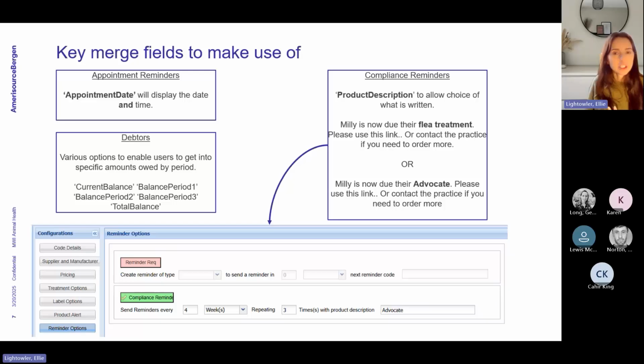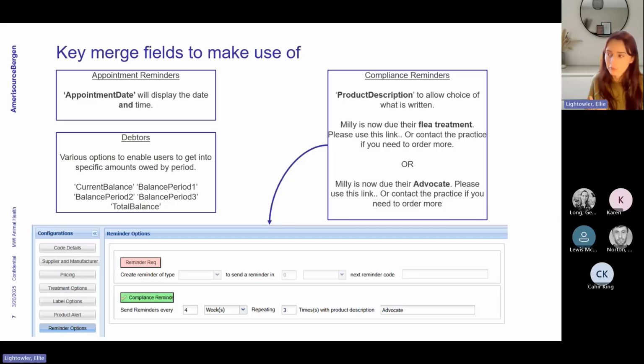codes. If they do use MWI PET, again, for example, I keep reverting back to that. But with MWI PET, because your clients can request a prescription directly through MWI PET, it means that they can actually be very specific about what it is that they need. If you've just written it as flea treatment, they may think, oh, I'm not too sure what flea treatment it is that I need. But if you've written that as Advocate, they know that when they come to order that repeat prescription, and when that comes through to Merlin, the request that they've put in is specifically for Advocate,